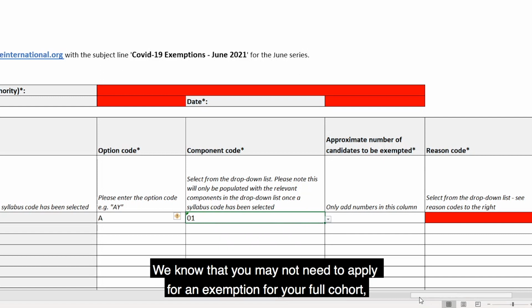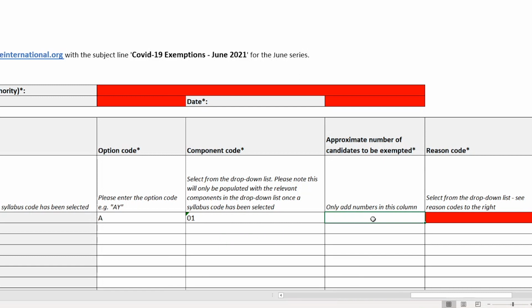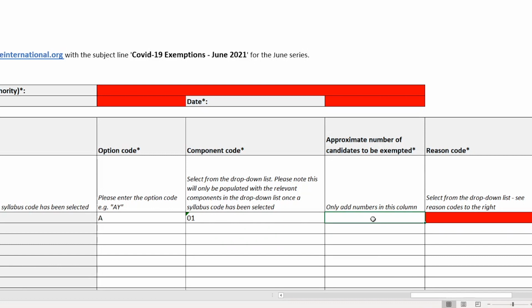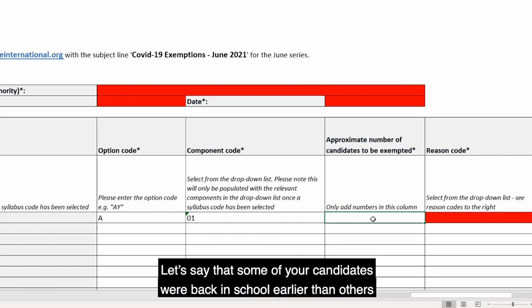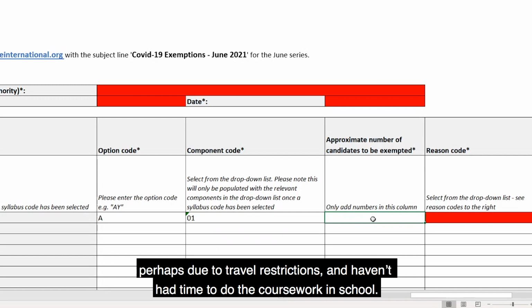We know that you may not need to apply for an exemption for your full cohort, and for that reason, we're asking you to give a rough indication as to how many candidates are to be exempted from this component. In this example, let's say you have 20 candidates taking Cambridge IGCSE Art and Design. Let's say that some of your candidates were back in school earlier than others and have been working on their